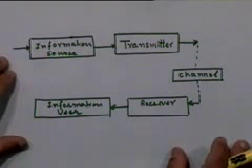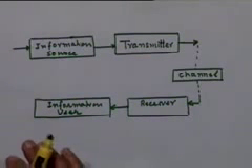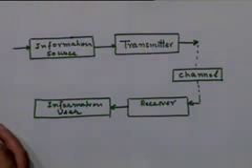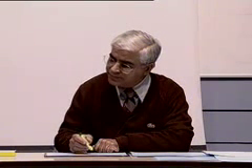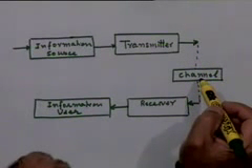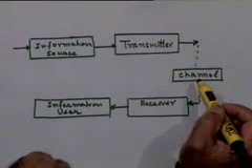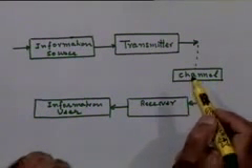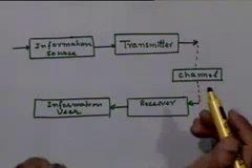As I mentioned earlier, the basic functions of a transmitter have to do with the fact that you have to match the signal characteristics coming out of the signal source with the channel characteristics through which the signal will finally be transmitted. Right? Now what do you mean by that? Let's take an example. Let's say you want to use free space as a medium through which the signal is to be transmitted. Right? Now if that is the case,